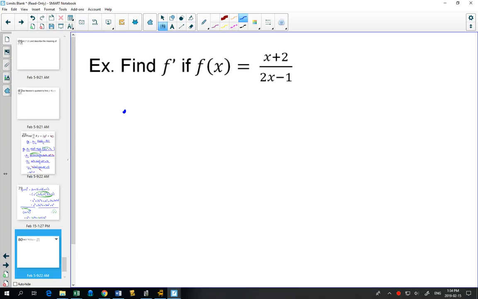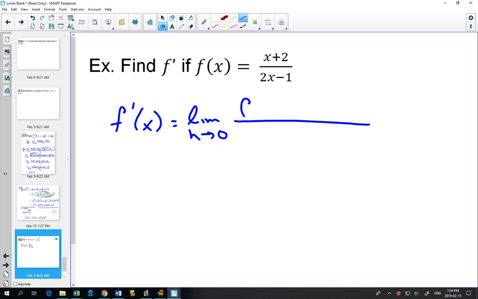We'll write out our definition. Again, you have to have your definition of your derivative memorized. So that's the first step, is to be able to write that out. And then